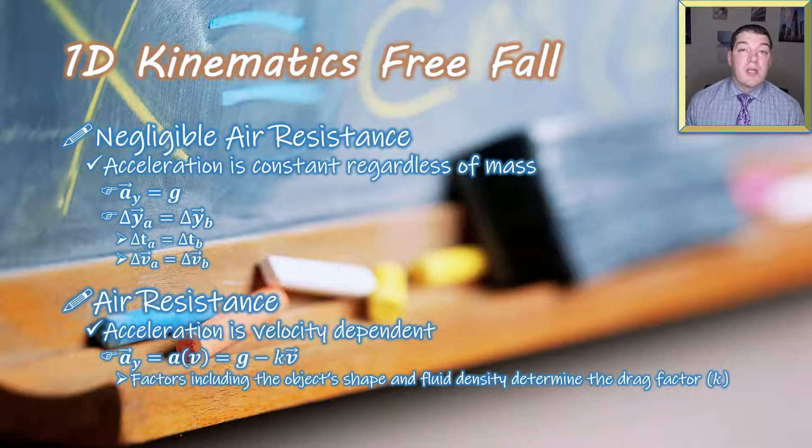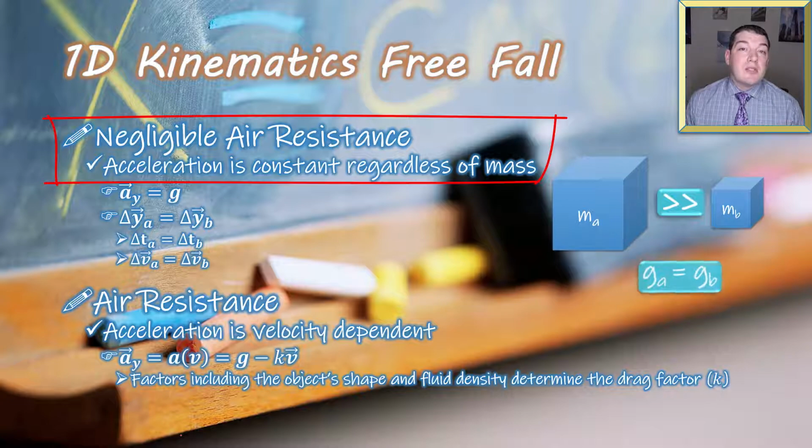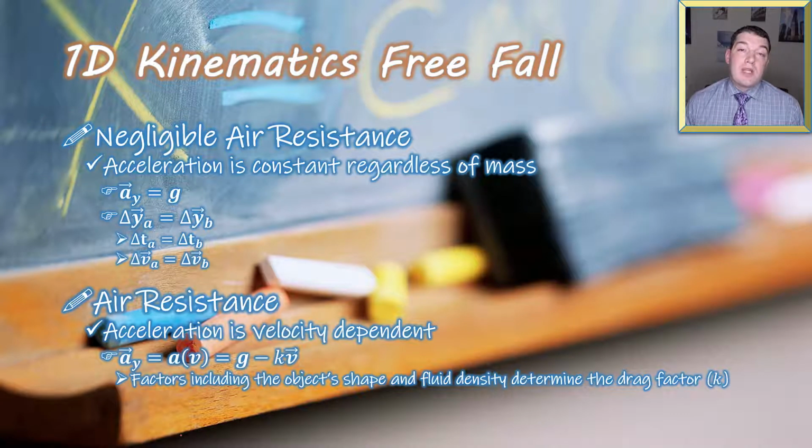It's also interesting and a little bit counterintuitive that these are mass-independent descriptions. Without any air resistance, or when we have negligible air resistance, if we had two different masses, perhaps one we could call mass A and one we could call mass B, both would experience the same acceleration due to gravity, both would experience the same change in velocity over the same displacement and the same amount of time. We'll get a more thorough explanation about why these are mass-independent situations when we're looking at forces later on in